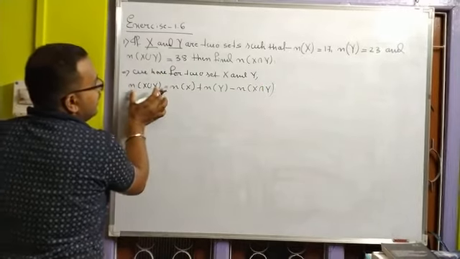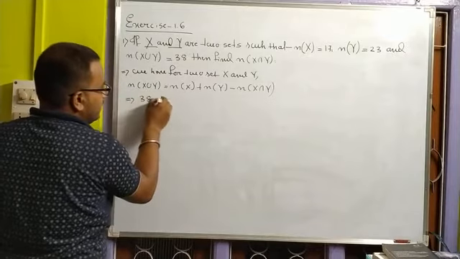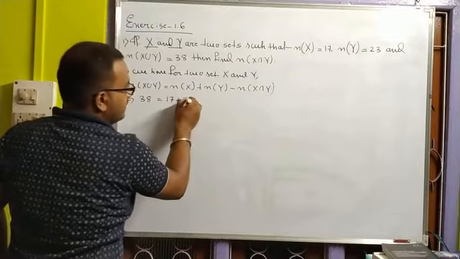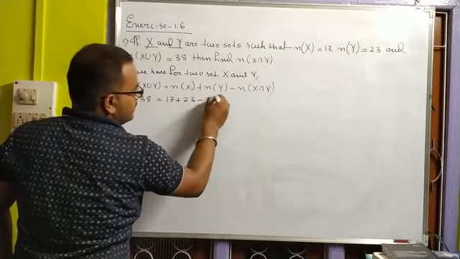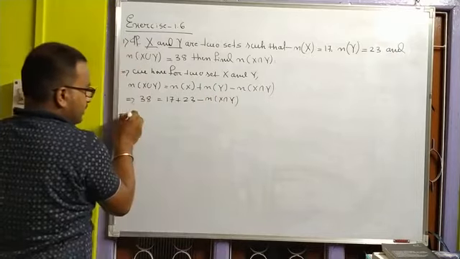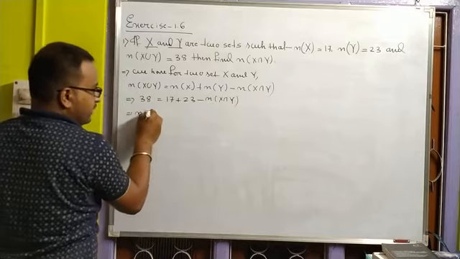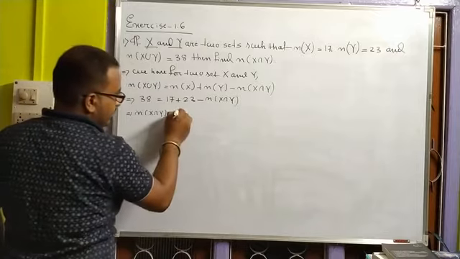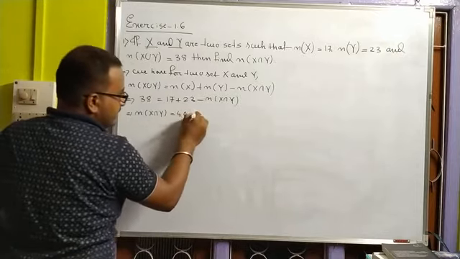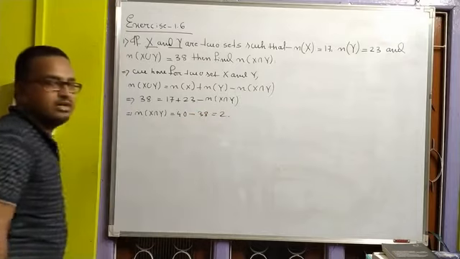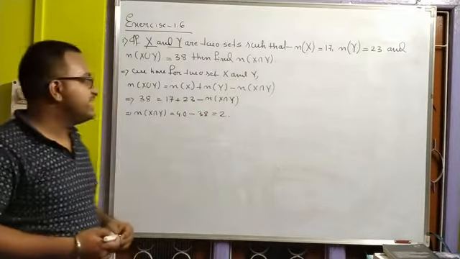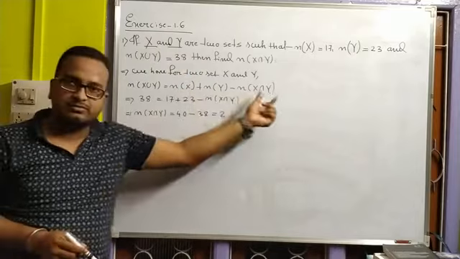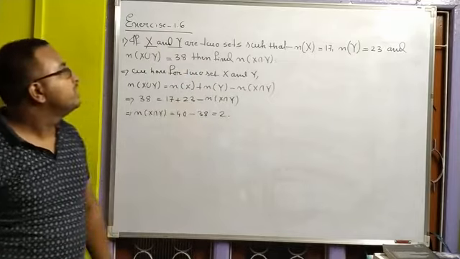So this is 38. This is 17. This is 23. And you have to find this value, number of elements of the set X intersection Y. Now you can bring this quantity here, number of elements of the set X intersection Y, because we can add them: 17 plus 23 is 40. So it is 40, and you can bring this quantity to this side with a negative sign. So this is nothing but 2. So your result is 2. Okay? So it's a very easy problem. If you know this one, then you can easily solve this type of problem just by putting those values in the proper place. Okay? So let us solve the next problem.